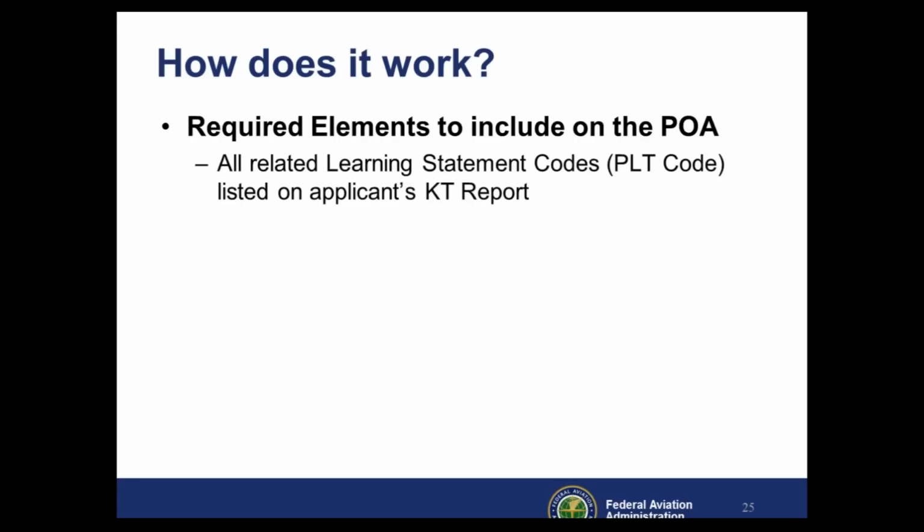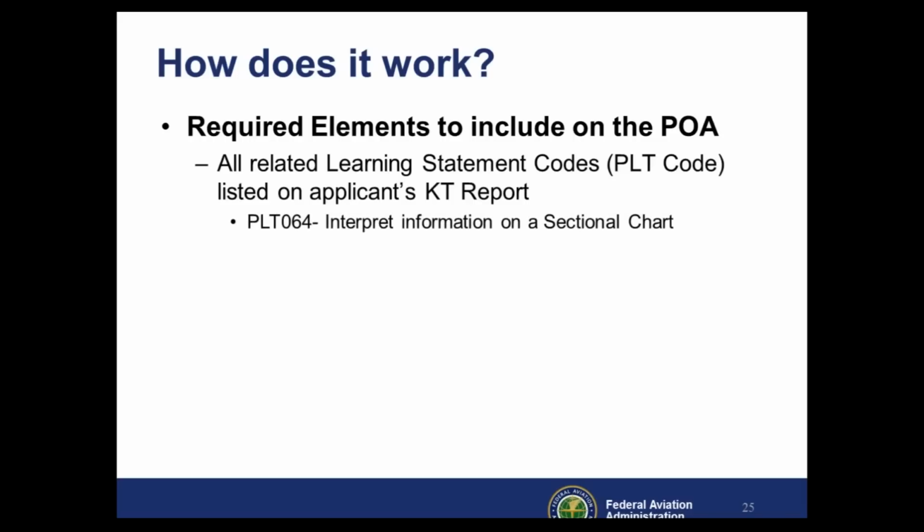This has been FAA policy for some time, but it's not been strongly enforced, and the PTS really didn't make it clear. The ACS certainly makes it more clear that any material that was missed on the knowledge test is to be reviewed during the practical test. And that makes sense. You may also remember that your flight instructor has to give you an endorsement that says you reviewed the areas deficient on the knowledge test. So anything that was missed on the knowledge test, your instructor would go over with you, and then you would go to the practical test, and you can certainly expect that similar information to be included during the practical test.